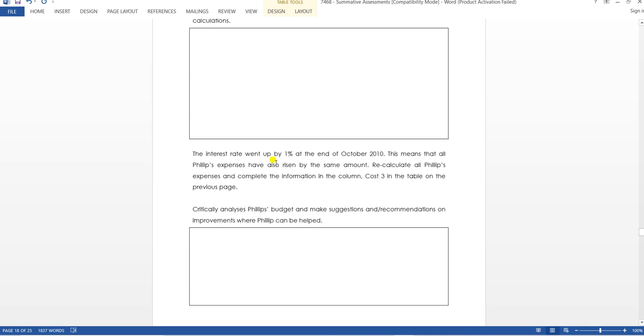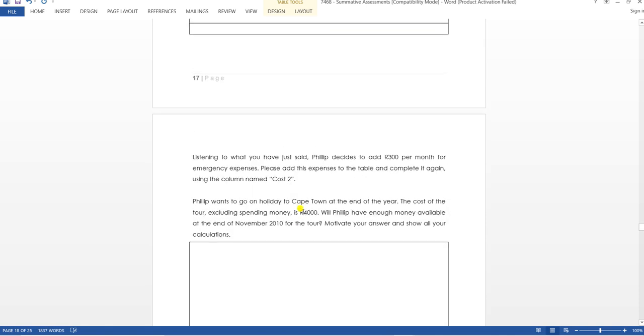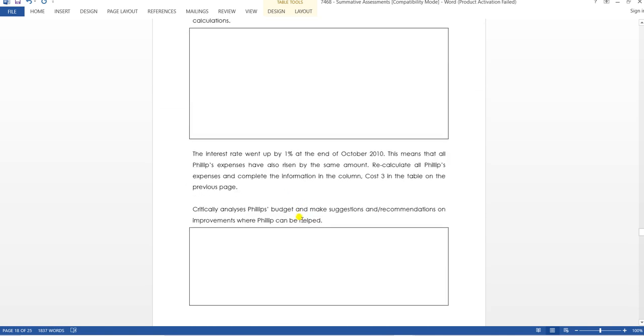The interest rate went up by 1% at the end of October. This means that all Philip's expenses have also risen by the same amount. So you need to recalculate all of Philip's expenses and complete the information in column cost 3. So all his expenses,